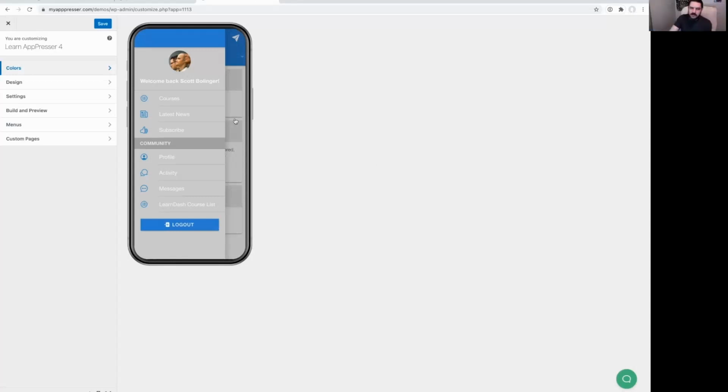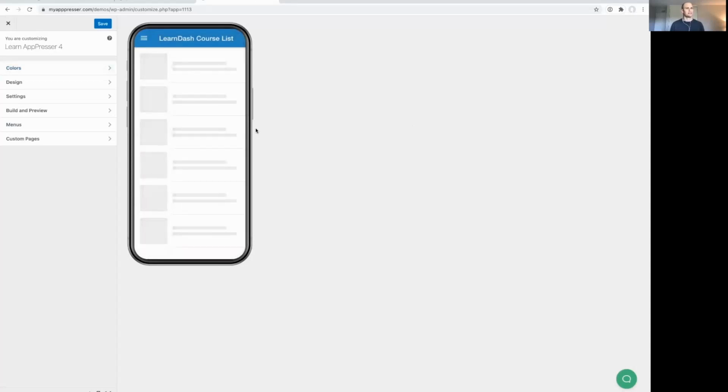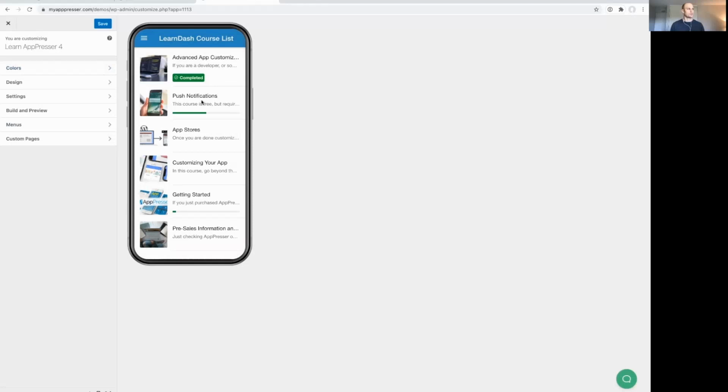Could you tell our users what type of content would suit best for an app? I guess that's the question. If someone was trying to leverage an app for their courses, how could they optimize their content for their users in that environment? Yeah, so I think normal text and media content works great, and